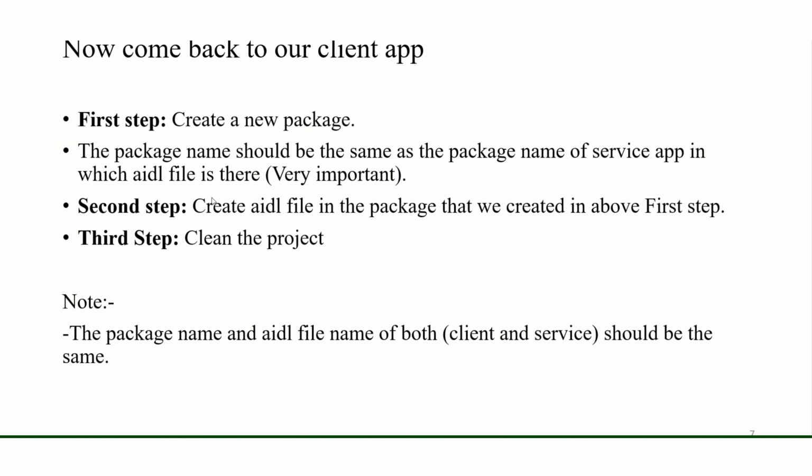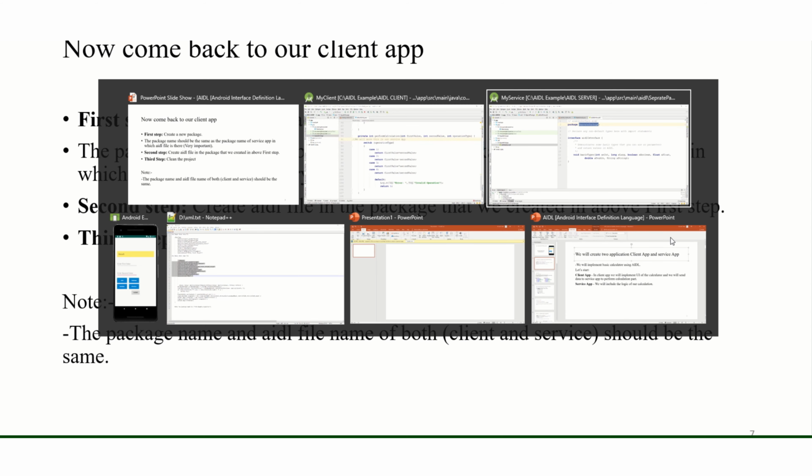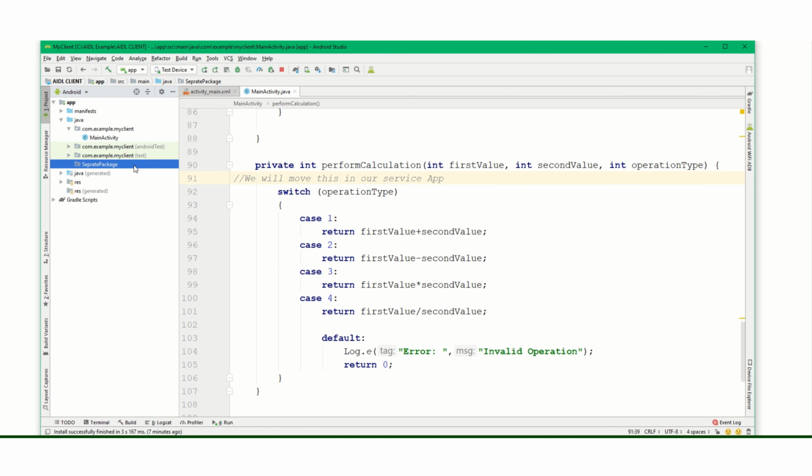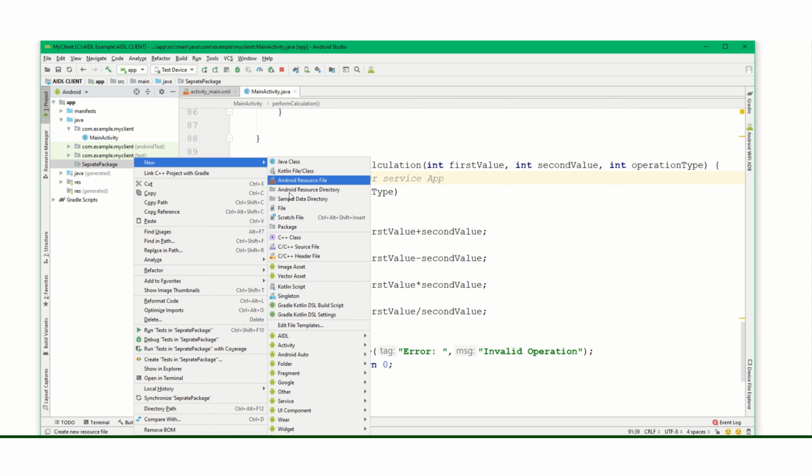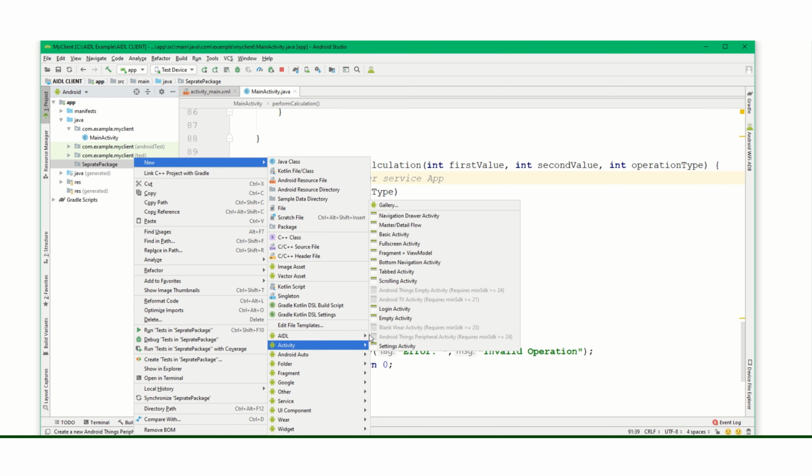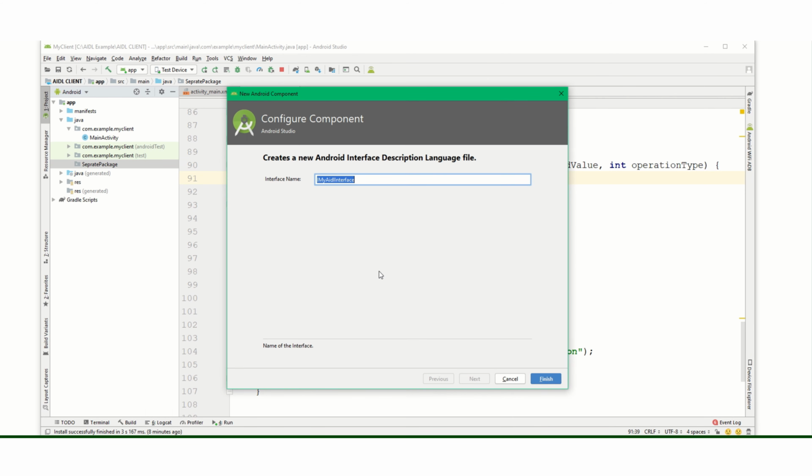Now create the AIDL file in the package that we have created. We have to create the AIDL file in our client app also, and the name of this AIDL file should be the same as we kept in our service app. We kept it as AIDL interface. Now click on finish.